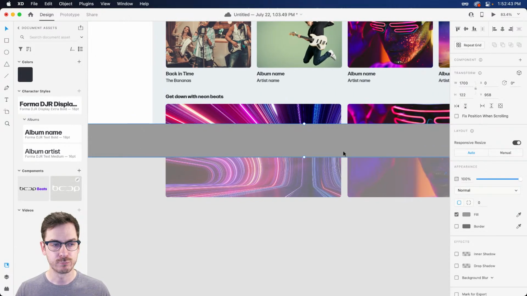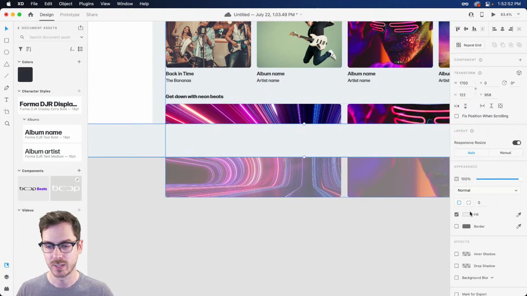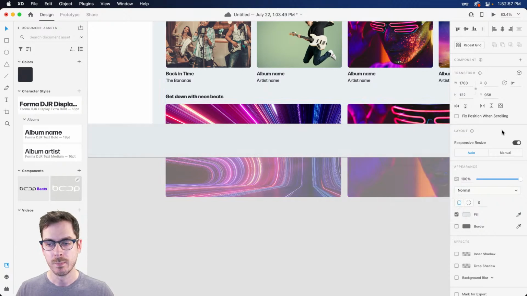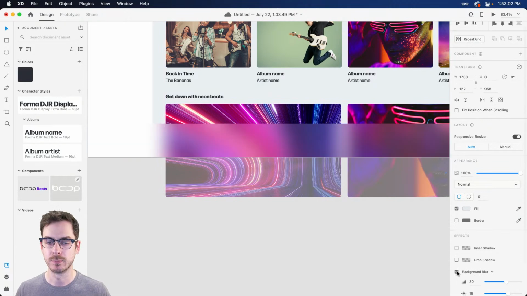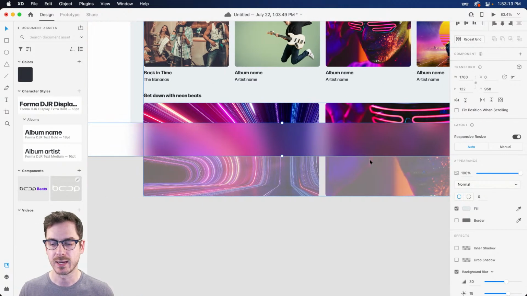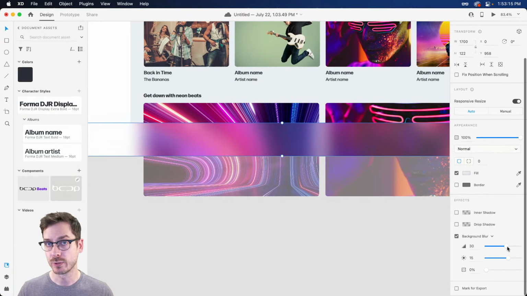And this is kind of where you can really get kind of funky with your styling, but not too funky, because then it's going to be very difficult to see some of this. So if I go ahead and sample maybe this blue in the background, maybe I'll bring this down a touch so it's a little bit darker. But what we might want to do, we might explore this next week, is add a background blur. Now, of course, you don't want to add a background blur like this, because adding content on top of this is going to be nearly impossible, especially if you want play buttons and sound bars and all sorts of different things, right? So you're going to want to blur this completely.